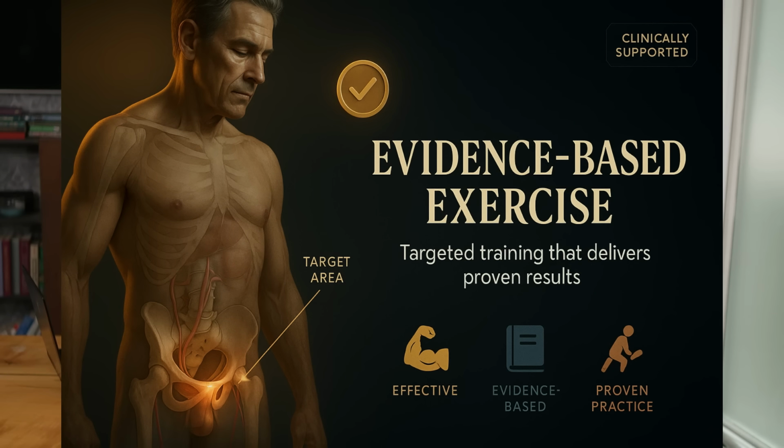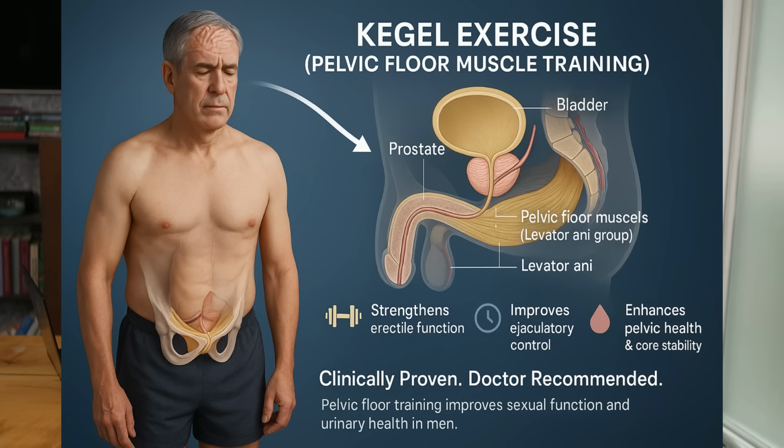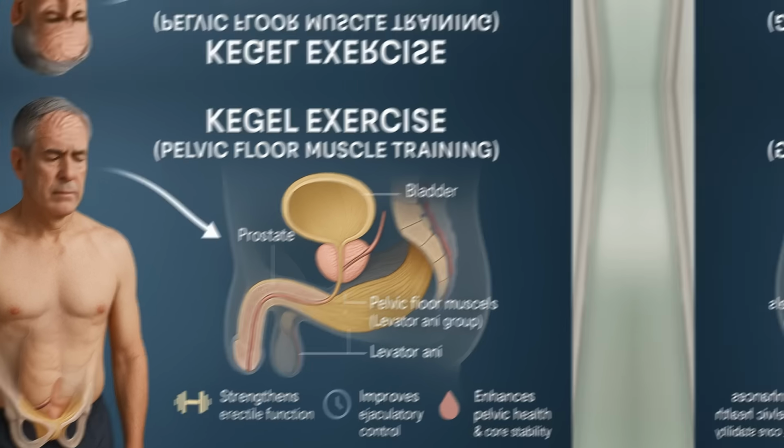One of the most effective and evidence-based exercises for erectile dysfunction, premature ejaculation, and overall pelvic health that I recommend to my patients is pelvic floor muscle training, commonly known as Kegel exercises. However, many men perform these exercises incorrectly, and if done wrong for extended periods, they can actually worsen your symptoms rather than improve them. When performed correctly, these exercises can significantly improve erectile function, ejaculatory control, and urinary health within